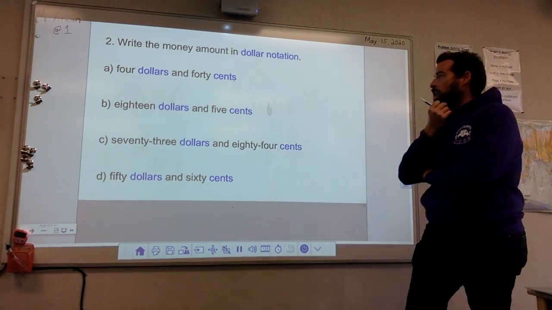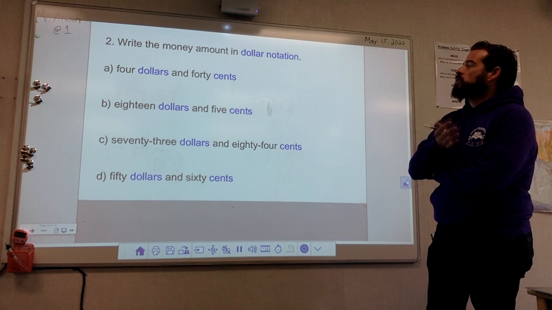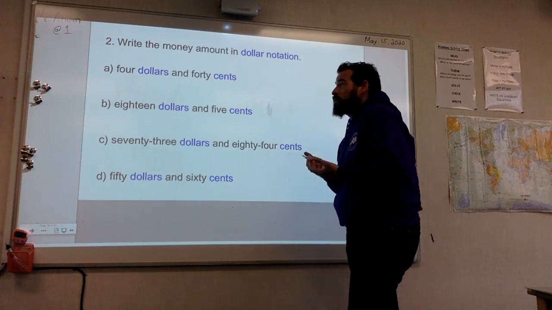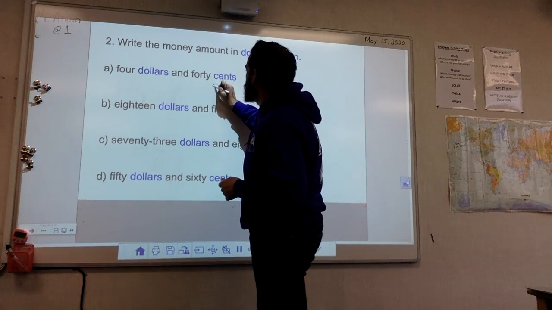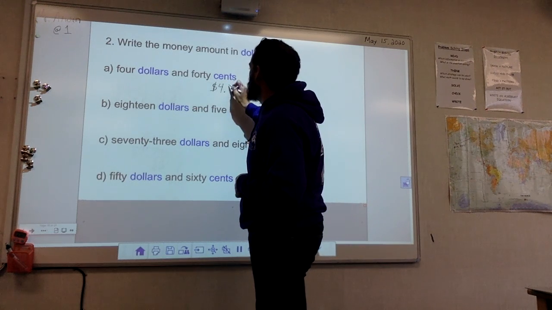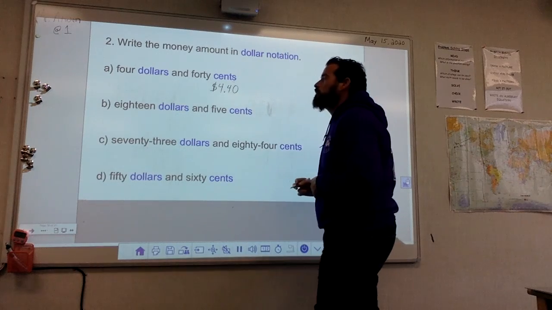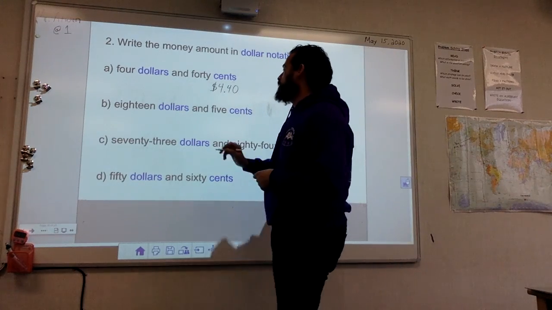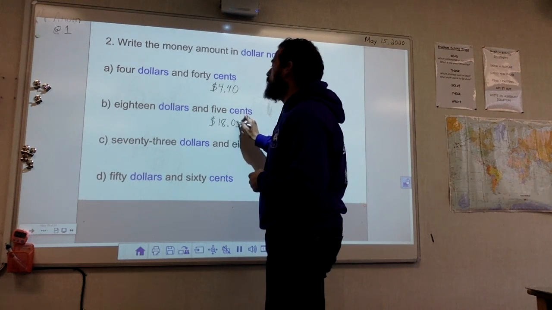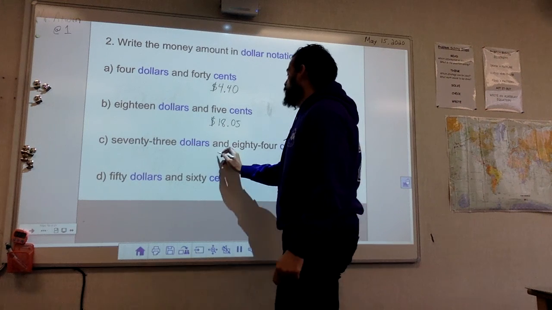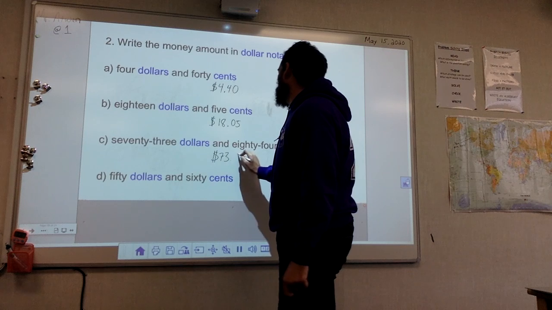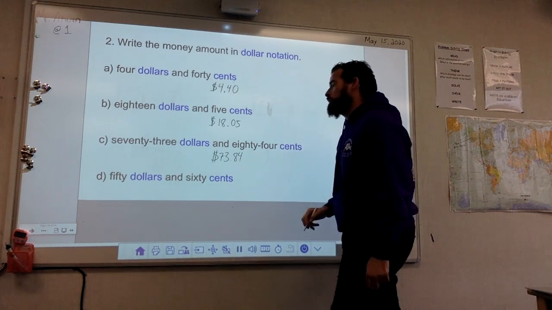So for here, it asks us to write the money amount in dollar notation. So A, we've got $4.40. So now we just have it written out. So $4, put our dollar sign because we're doing dollar notation, and then 40 cents, so a 40 after our decimal. $18.05, dollar sign, 18.05, $73.84, 73.84, $73.84, and